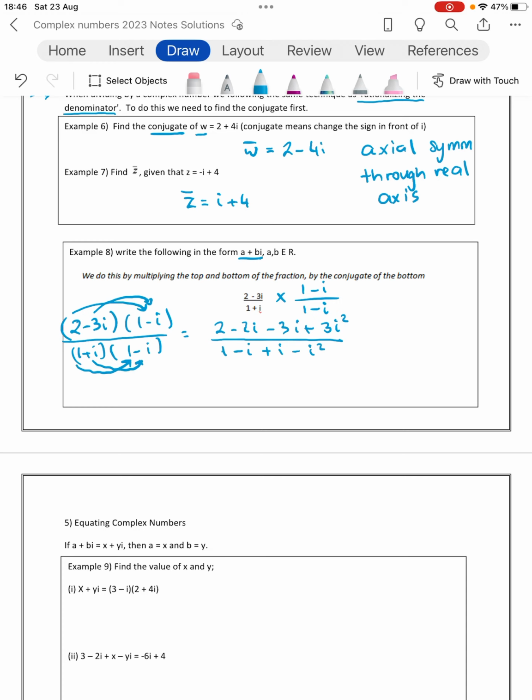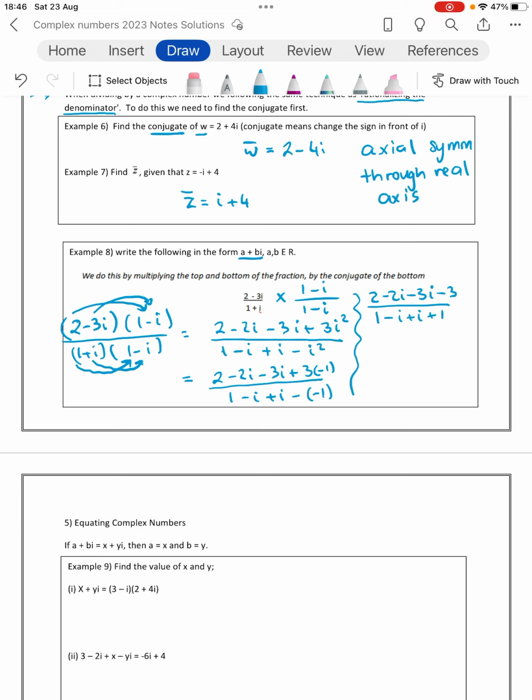So now to tidy this up, I'm going to change the i squareds to be minus 1s. So I have 2 minus 2i minus 3i plus 3 times minus 1, all over 1 minus i plus i minus, and a minus 1 goes in for the i squared. Okay, and again, tidying this up a little bit more, the top will stay the same, bar the end, plus 3 by minus 1 is going to give me a minus 3. And on the bottom, I'll have 1 minus i plus i, same as before, minus by minus gives me a